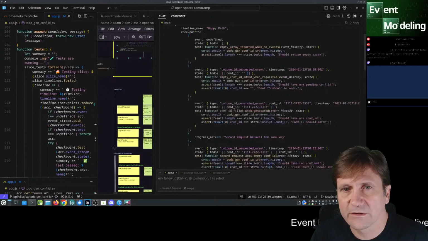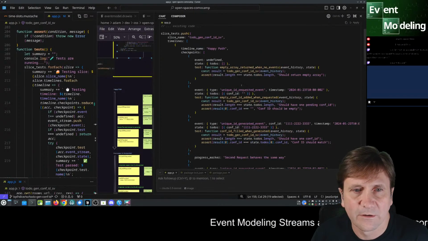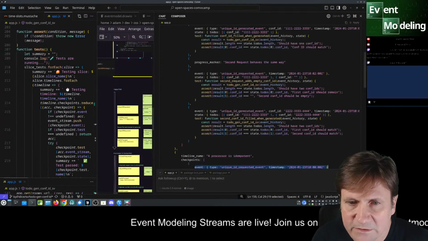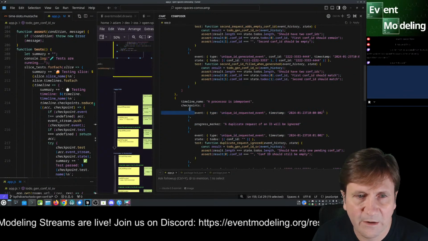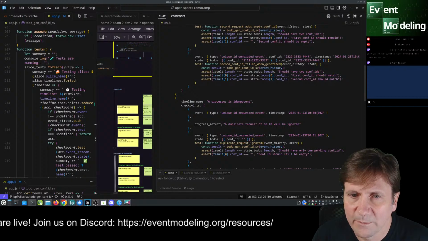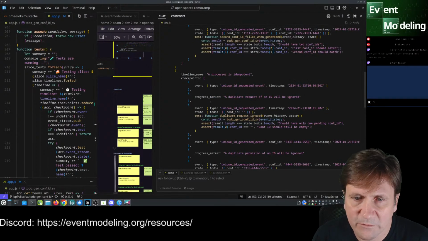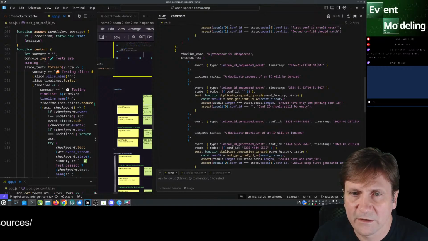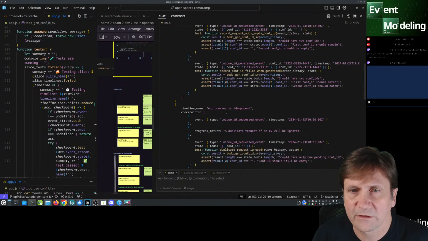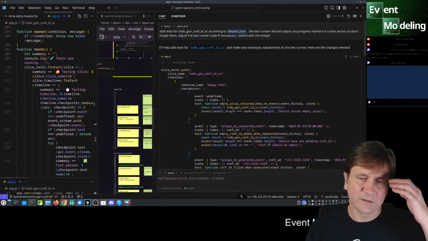Is it adding the events? Yes, it's adding the events that don't have any state views or tests. Oh, this is really good. So yeah, event state test, event state test, progress marker, no test, just event, no test. Perfect. Okay. This is really good.